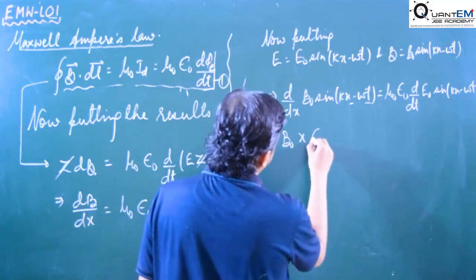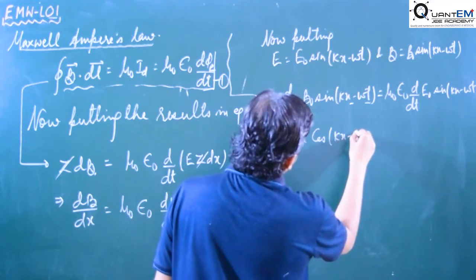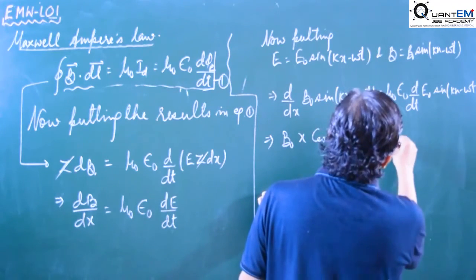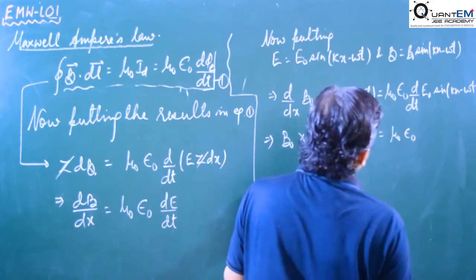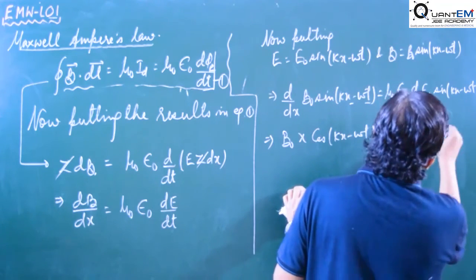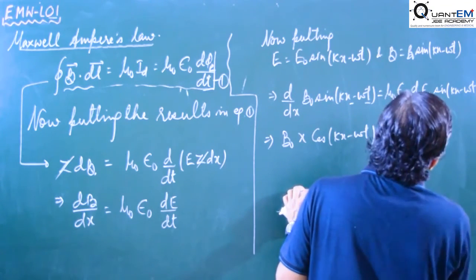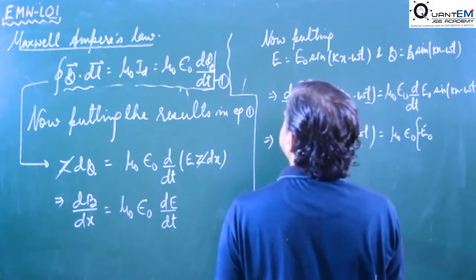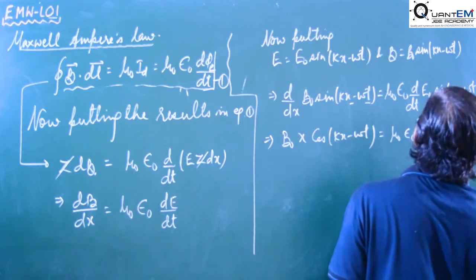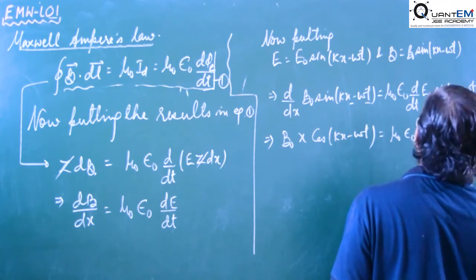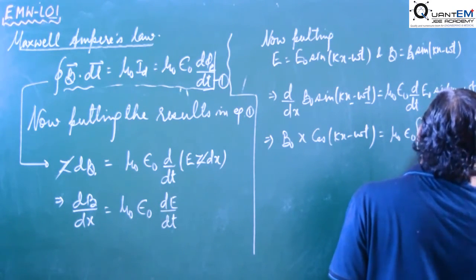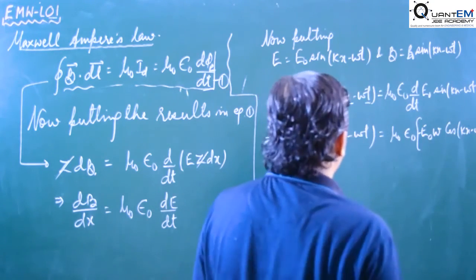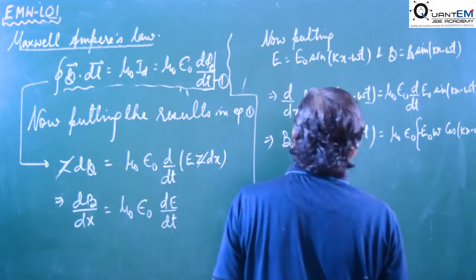Now solving, here t is constant and x is variable, we get the result B naught k cos of kx minus omega t, and that is equal to mu naught epsilon naught. It will be minus E naught omega cos of kx minus omega t. नेगेटिव साइन कहीं बीच में छूटा होगा तो यहाँ पॉजिटिव रिजल्ट ही आएगा हमारे पास. तो what we get,